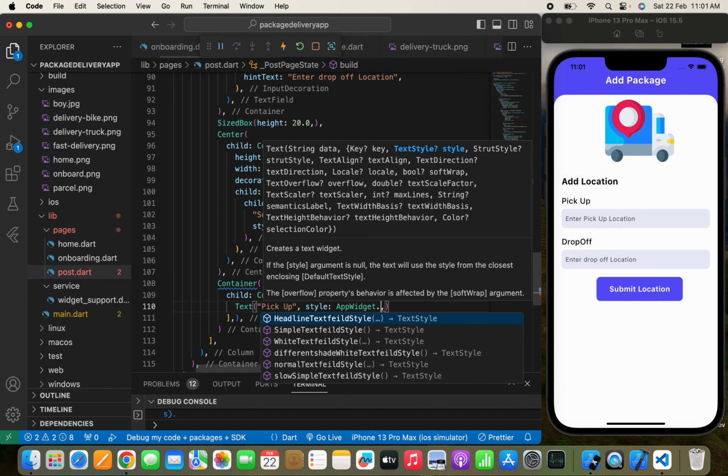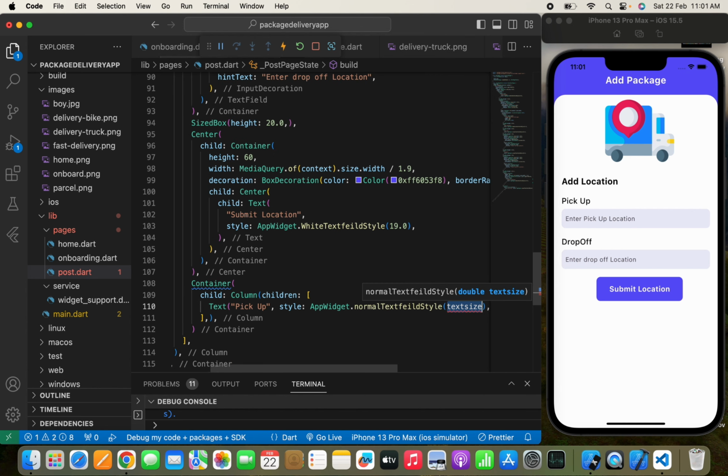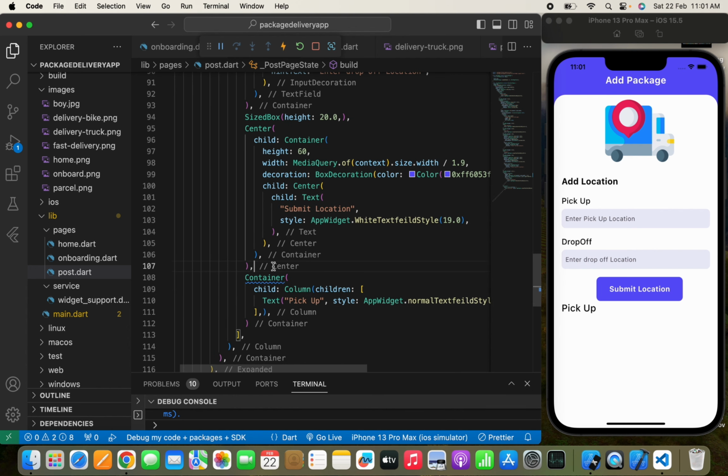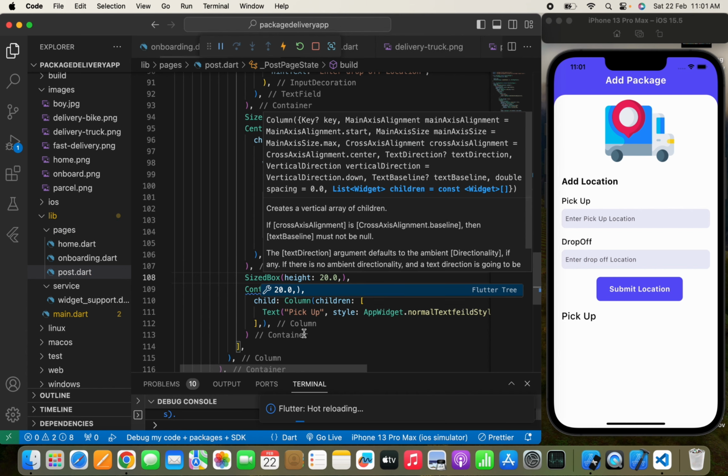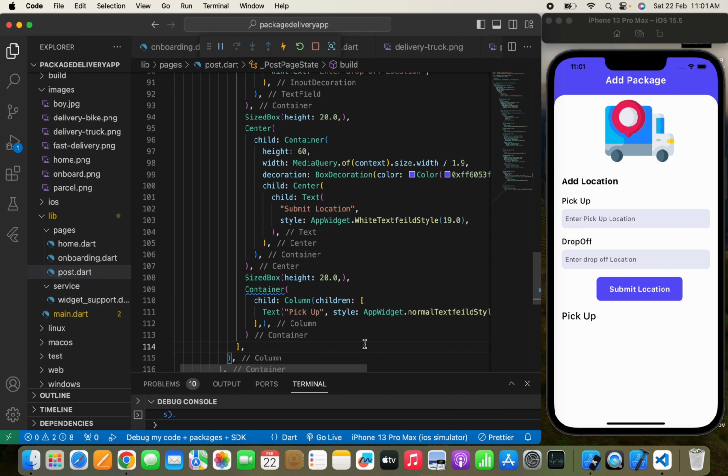I have the widget class dot, let's pass a normal text field style. We can manage the font size. Let's pass 18.0, or let's do up to 24, I guess. Now I'm going to pass the size box, size box height 20.0, which will be enough, I guess. So pickup, and now I'm going to